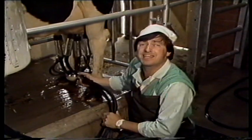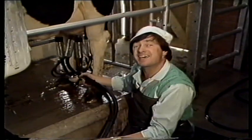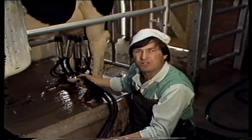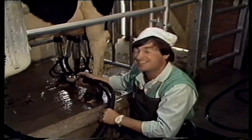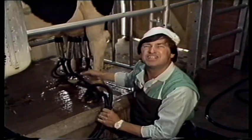And twice a day on the groundwork farm, the countryside really comes to town. There's a chance to see a milking parlour in action. 14 litres a day from this beauty. So if you think that milk's just something you get out of bottles, even if you don't actually get a chance to come here and work in a milking machine like this,